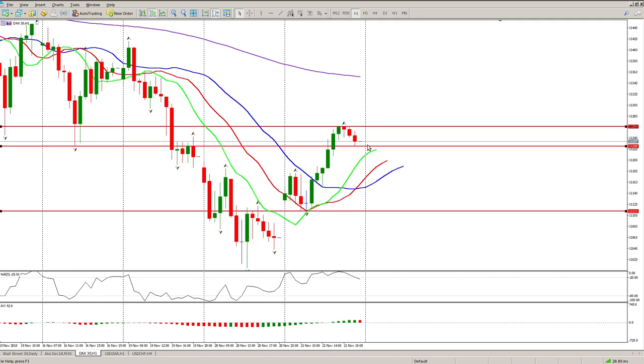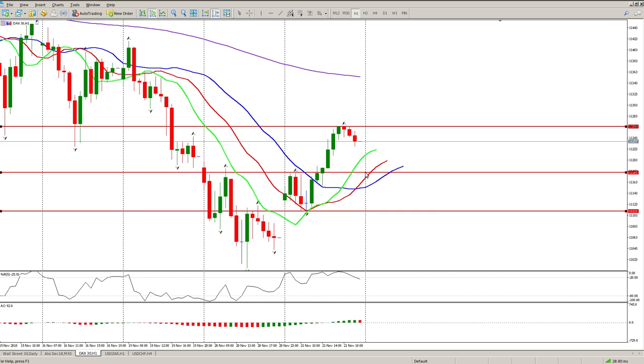So you wait for a pullback. So in other words, what pullback am I waiting for? To come and test this fractional break here. I'm waiting for a pullback down to here, which is 11,183, and I take a long here with the stop here. Okay, so that's kind of